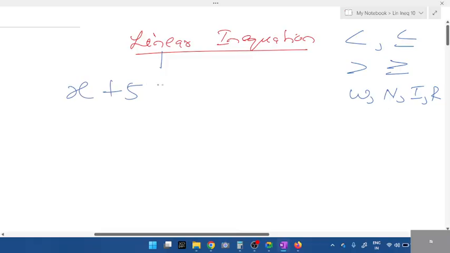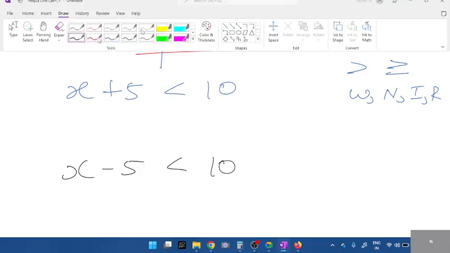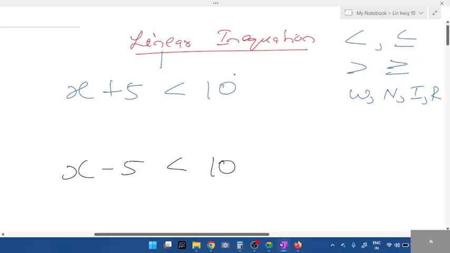x plus 5 less than 10. The rules are the same. So plus 5 goes to the other side, what does it become? Minus 5. In this inequation, what's the symbol given here? Less than or greater? Less than. Less than will remain as it is. When you're shifting a positive number or a negative number, the sign will not change. It remains as it is. So what's the value? x is less than